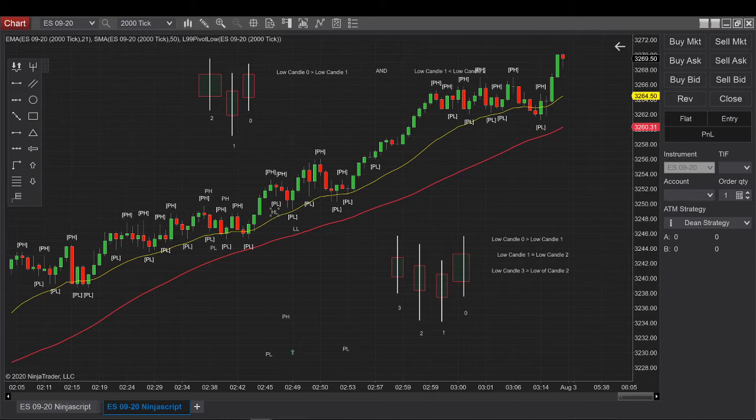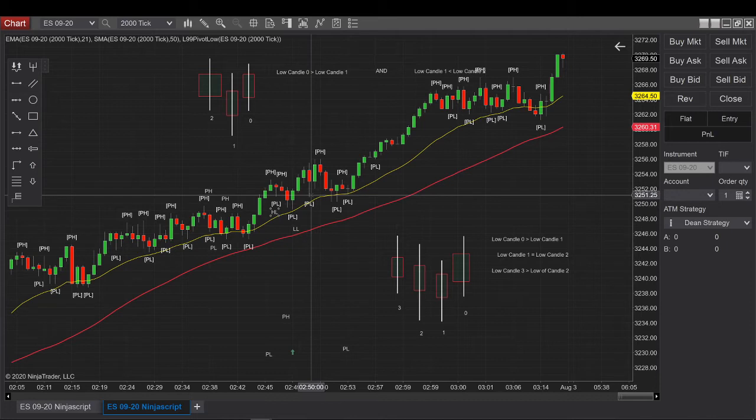So the first thing is I need to put in a logic. If this current low is lower than this previous low, then it's a lower low. If it's higher, then it's a higher low. So it's just an if-else condition.